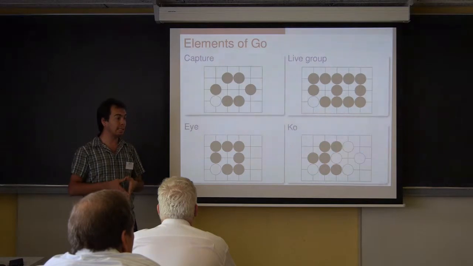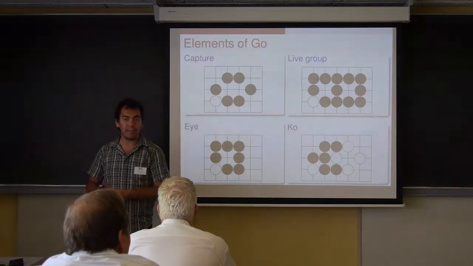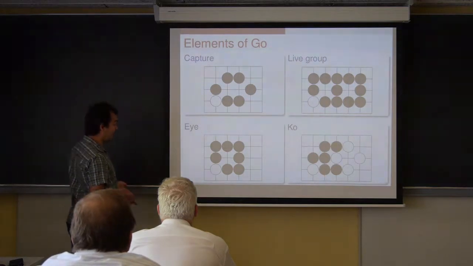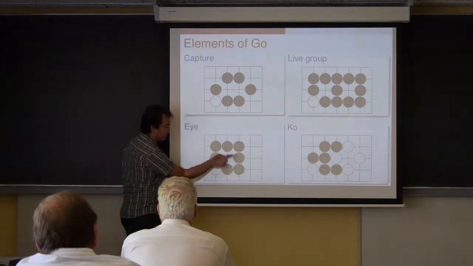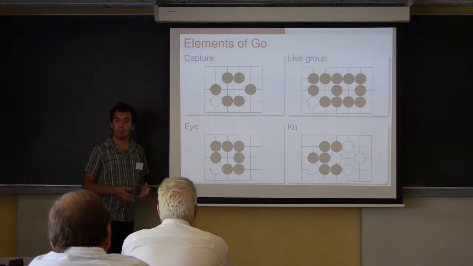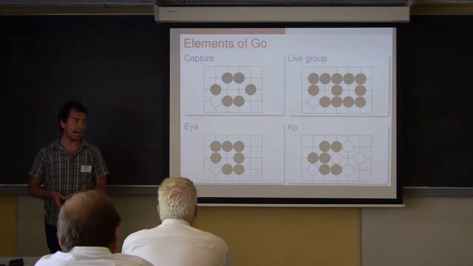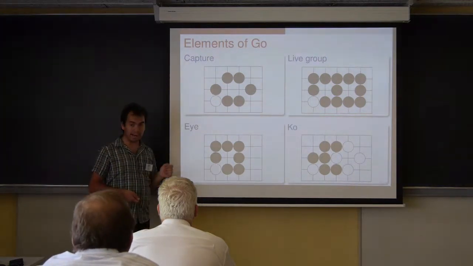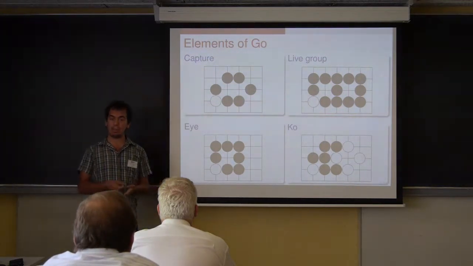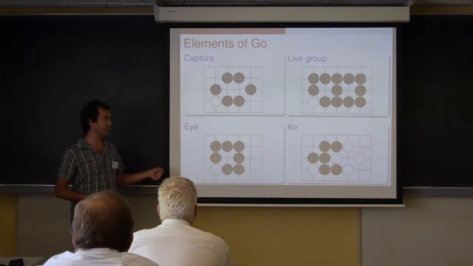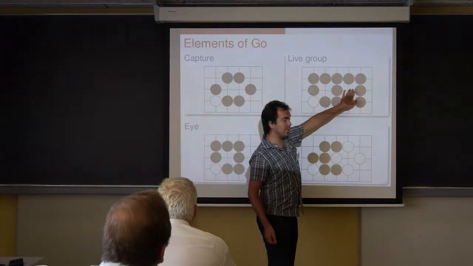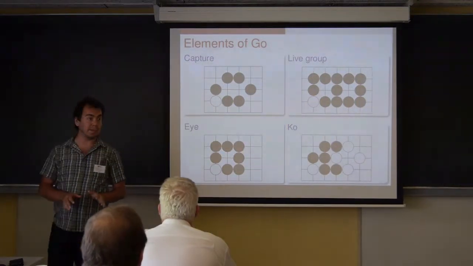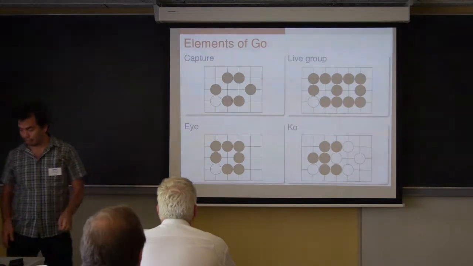Once a group has only one liberty remaining, it's said to be in Atari. In some settings, you manage to enclose a liberty fully within your group, and this is called an eye. And the opponent cannot play into your eye unless, by doing so, they would be removing your single liberty. So if you have two eyes, then it's impossible to play in both at the same time, so you can be sure that your group cannot die.